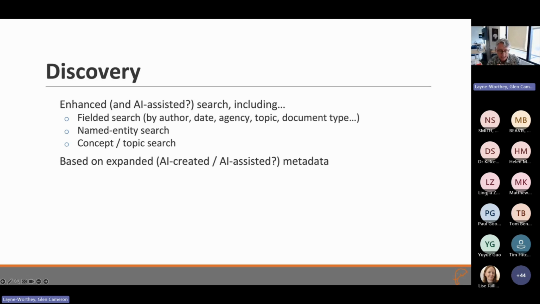I also think, as some of the speakers in the last panel mentioned, that fielded search and concept and topic search based on ontology, and I would add named entity search, so if you want to search for proper names or names of organizations, all of these old-fashioned, what we call advanced search in the library community, all of them I think will continue to be relevant, and all of them can be enhanced by AI in various ways. Many of these, even if the ontology is human created, or if it's AI created, it should be human reviewed.